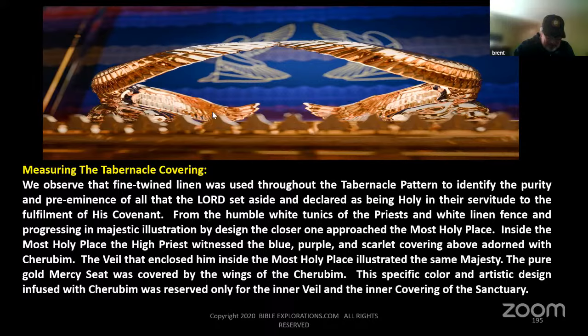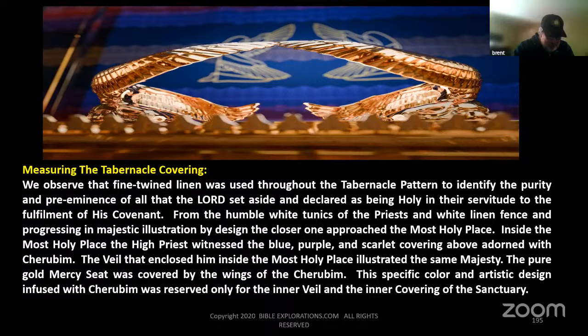And of course, you have the cherubim that's right on the mercy seat itself. But the same thing you would see if you looked up, the same color, the same design. So you would be surrounded in this cherubim and this blue and this fine, twined linen. And the closer you get to the presence of God, the more detail that's in the fine twined linen. And so as you're right in the presence of God, you see the cherubim and you see the blue and you see the whole pattern.